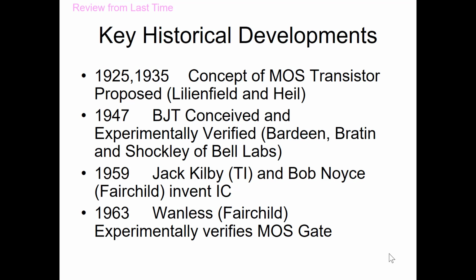Robert talked about the transistor. The MOS transistor was discovered in 1925 and 1935, 10 years apart. Pretty much a worthless discovery. Why was it pretty much worthless? Couldn't make it. If you can't make it, what good is it? 1947, the BJT was conceived. That was an important discovery. Why was it important? Because they made it. Not only did they invent the device, they were able to build the device, and that's what got Silicon Valley going.